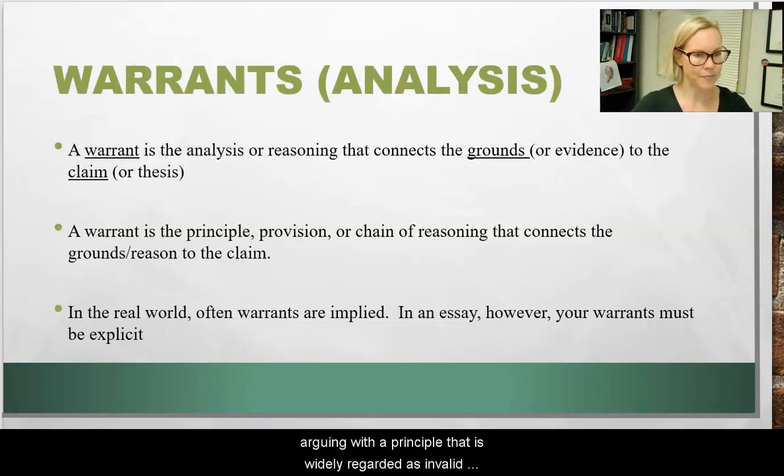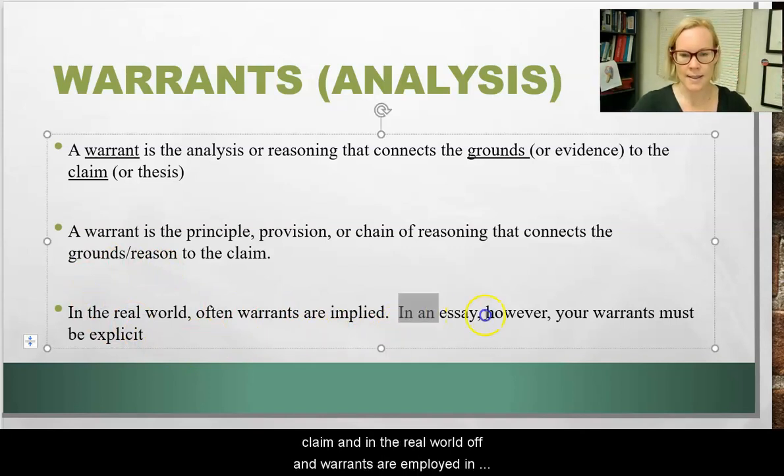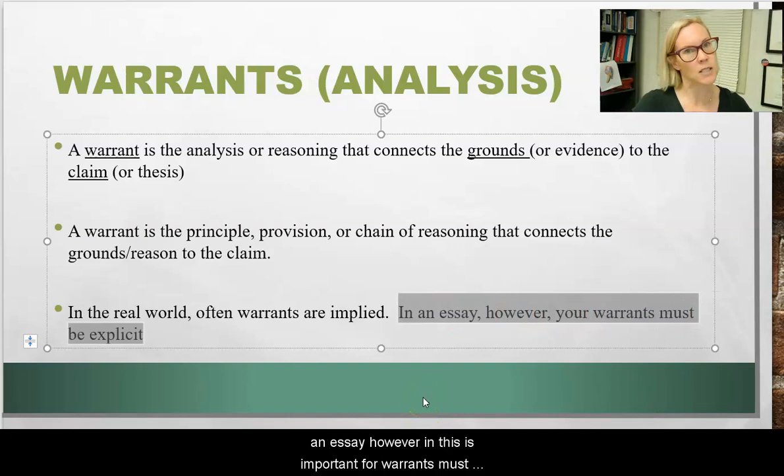All right? And one more time, to define that warrant, a warrant is the analysis or reasoning that connects the grounds or evidence or our quotes to the claim or thesis. A warrant is the principle, provision, or chain of reasoning that connects the grounds and reason to the claim. And in the real world, often warrants are implied. In an essay, however, and this is important, your warrants must be explicit,